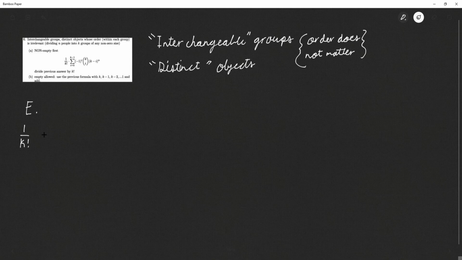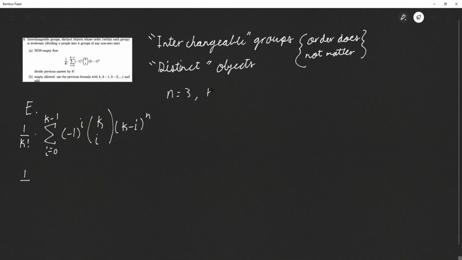Now, to have empty being allowed, the difference here is we're going to use the same formula of 1 over k factorial multiplied by the sum of -1 to the I, k choose I, multiplied by k minus I to the power of n, but we're going to take this sum, and then we're going to add our k minus 1 and k minus 2 terms. So, for example, we're going to have our 1 over k factorial, which if we use the same n being 3 and k equaling 2, is 1 over 2 factorial,